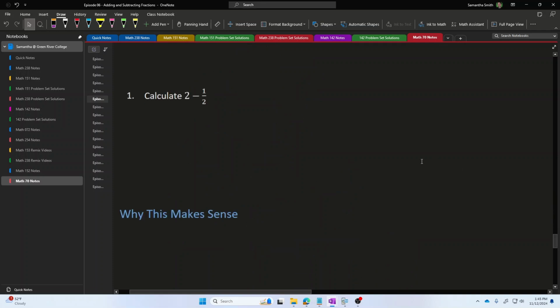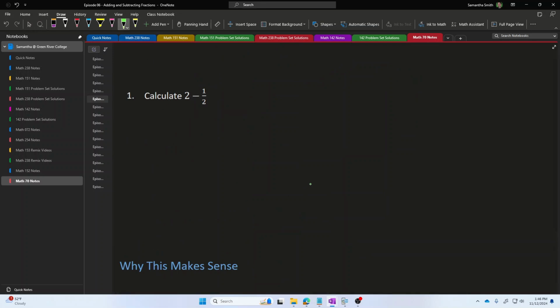For a final example, if we wanted to take the whole number 2 and then subtract 1/2 from that, once again, I could think about this as I have 2 full pizzas, and my goal is to remove half of a pizza from that. Remove half of a pizza. So all I have to do is take these pizzas and slice them in half so that one of those halves can be removed. And that leaves me with 1, 2, 3 halves of that pizza, just from the picture.